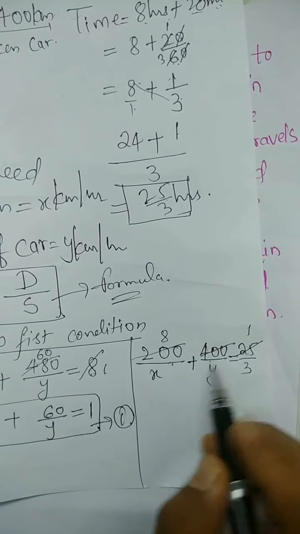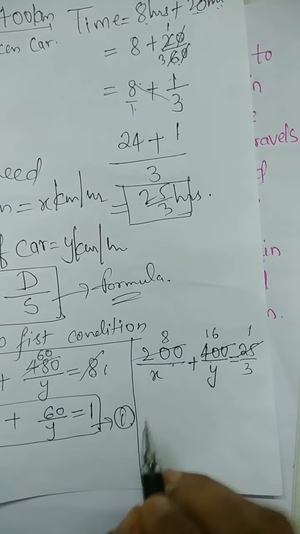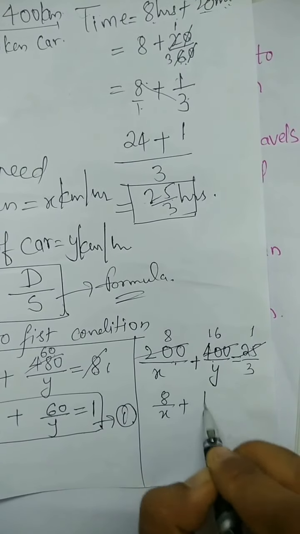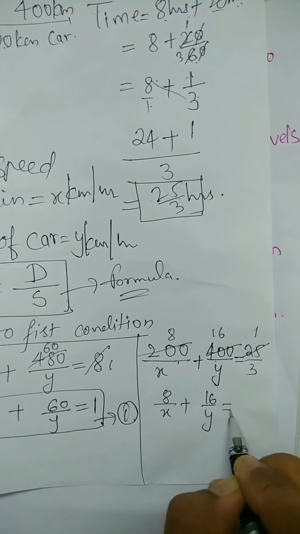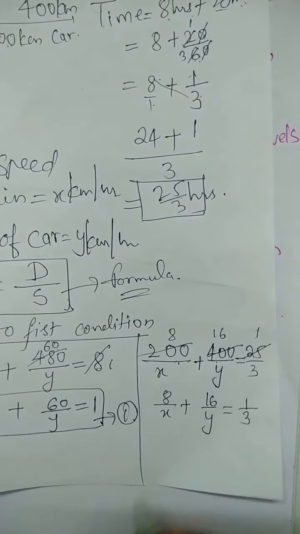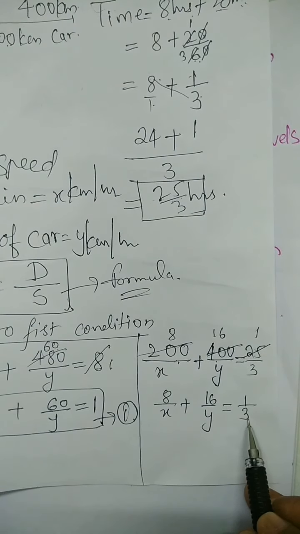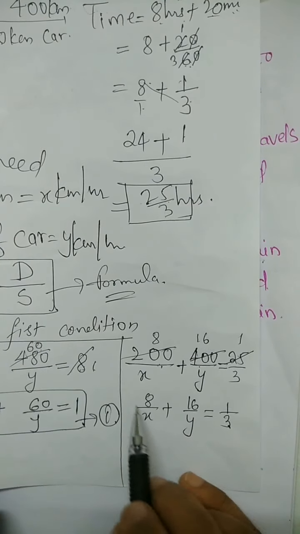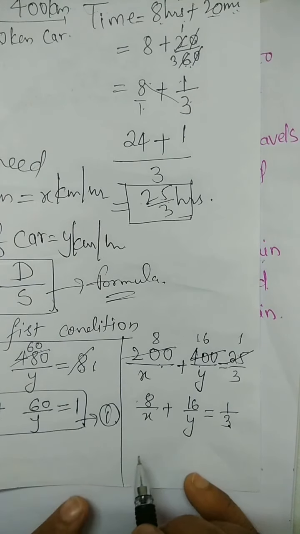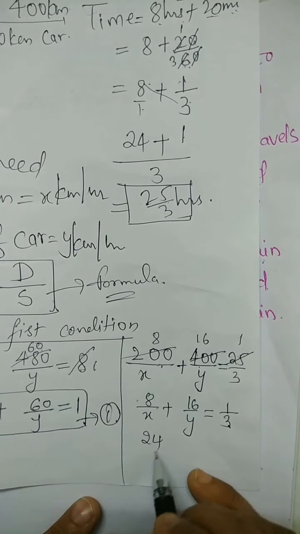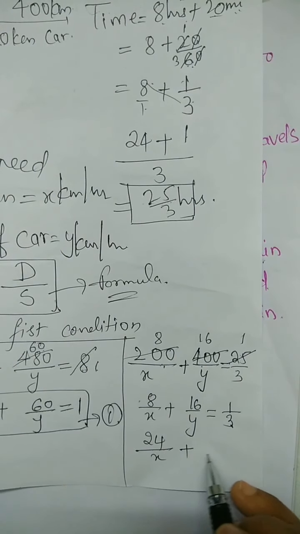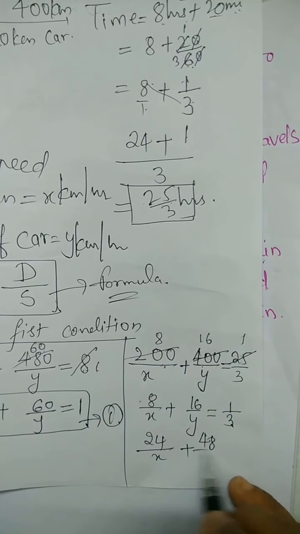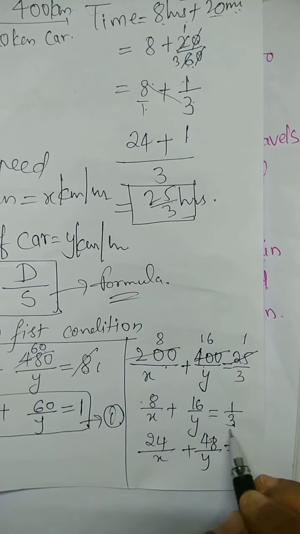8. In 400, how many will be there then? 16. Okay, so you will get 8 upon x plus 16 upon y equals to 1 by 3. Now, if you don't want this 3, what you should do? You should multiply all the terms by 3. Okay, so 3 8s are 24 by x plus 16 3s are 48 by y equals to 1 by 3 into 3,